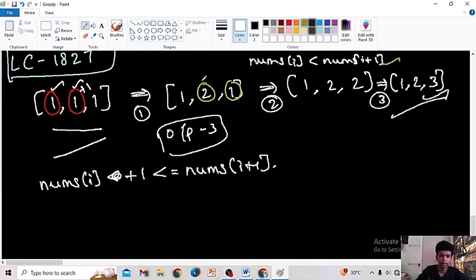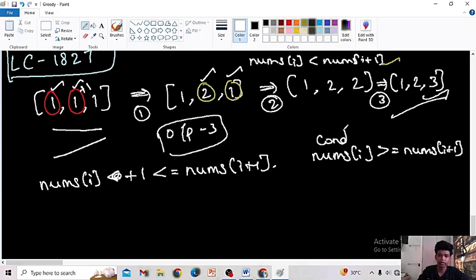And see here is 2, here is 1. What is my minimum number of steps? I can make this 3. So I can say whenever the condition arises like nums of i is greater than or equal to nums of i plus 1,